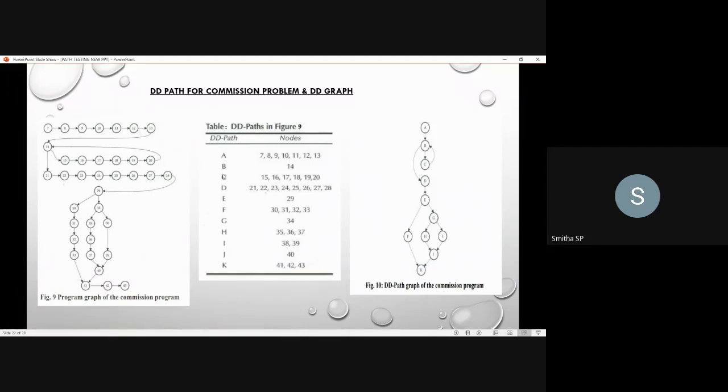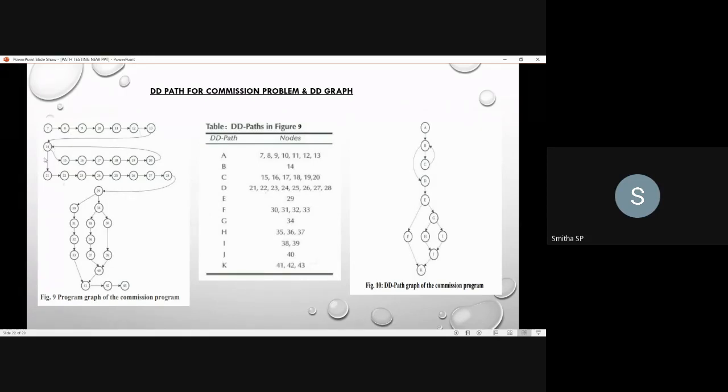Your first sequence is from the 7th to 13th, and this sequence is represented as a single node, that is A. Next, from 13th to 14th there is a control flow. Then from 14th you have two possibilities. From A to B, the 14th node is the B node.